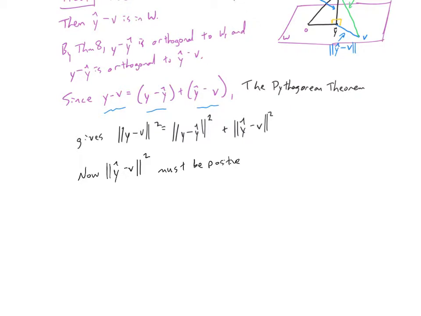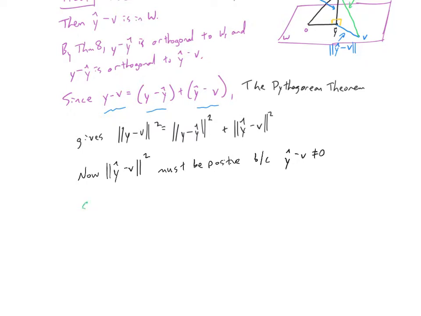And that is because y hat minus v is not 0, so it has to be a positive number because when you square something, it's definitely positive. And how do I know it's not 0? Because at the beginning of this proof, and I'm going to circle it in the picture in just a second, we chose v and y hat to be distinct from each other, separate from each other, so the distance between them can't be 0. Okay, so because that's not 0, that ultimately gives us our conclusion,